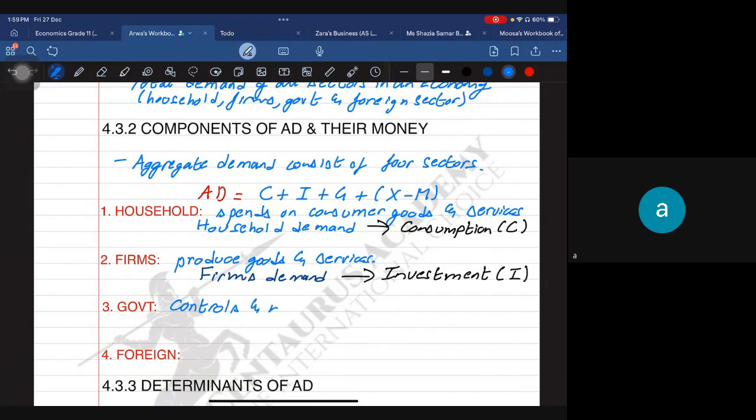They set laws, they set restrictions. So government's demand relates to the spending that they make, government spending,